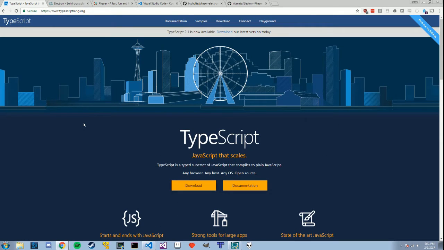So what I wanted to do in this intro video is go over the tools that we'll be using to develop the platformer. So as I mentioned, that is mainly TypeScript, Electron, and Phaser. And so TypeScript is a superset of JavaScript. And really the main reason I wanted to use TypeScript for this project is because of the statically typed